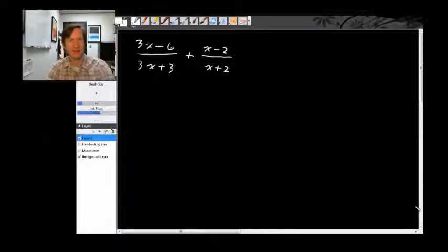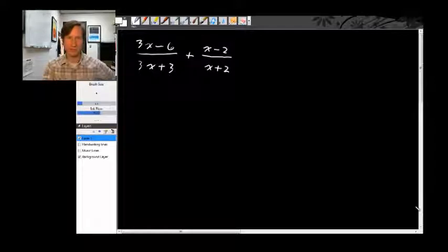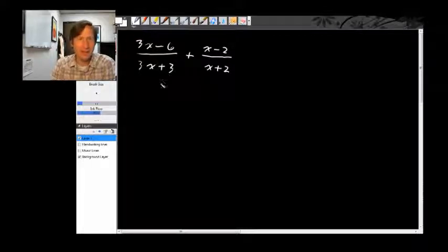Here's an example I made up of adding rational expressions. So here they are, (3x - 6)/(3x + 3) + (x - 2)/(x + 2). One thing you should do anytime you're working with rational expressions, or really with anything, is think about simplifying